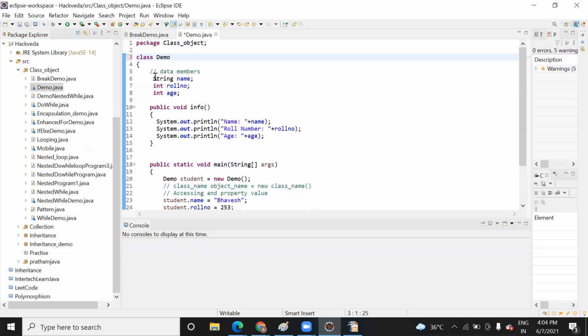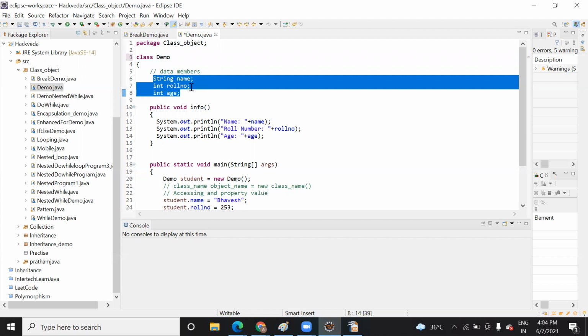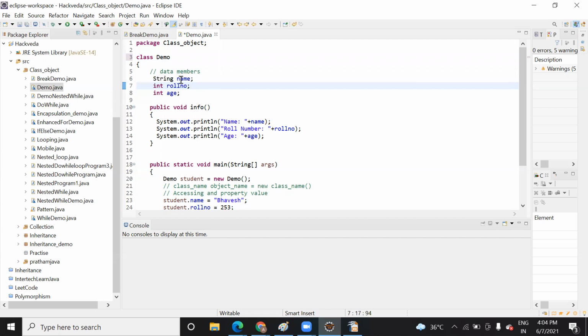Now here this is the data member. Data members means variables, they are also called data members, and the functions are called member functions. These are the data members and these are the member functions.